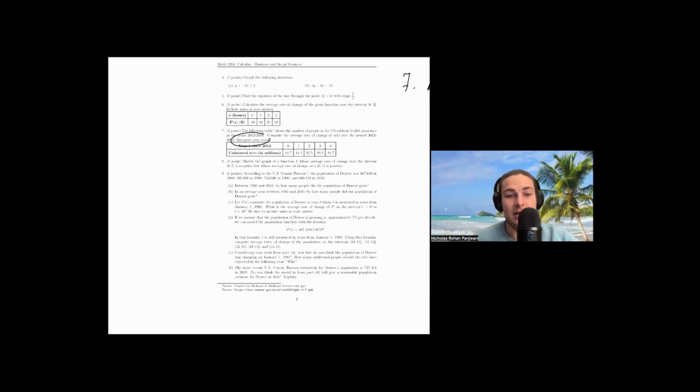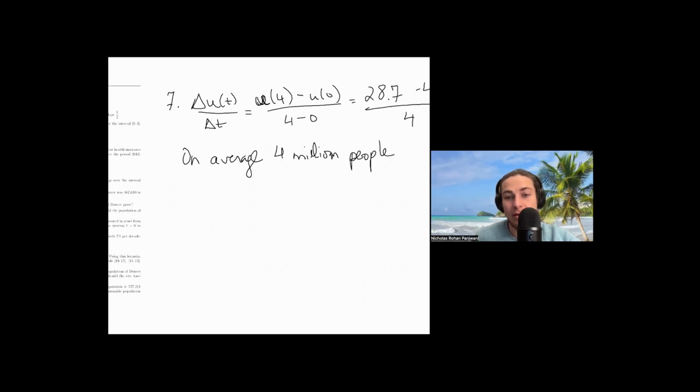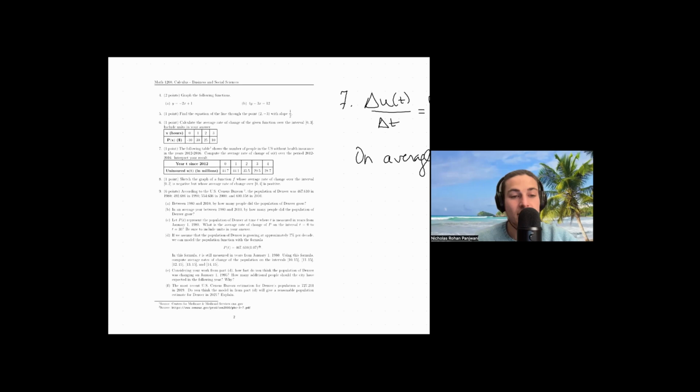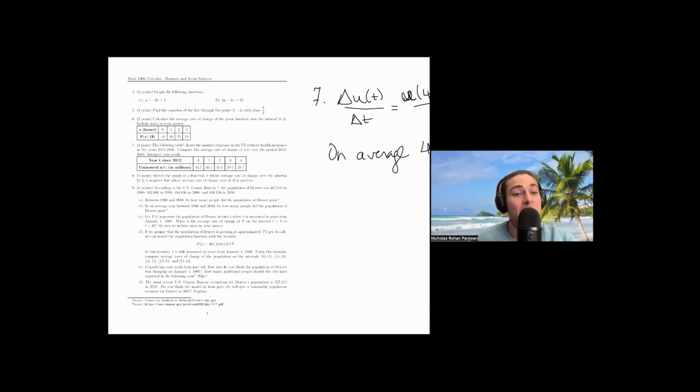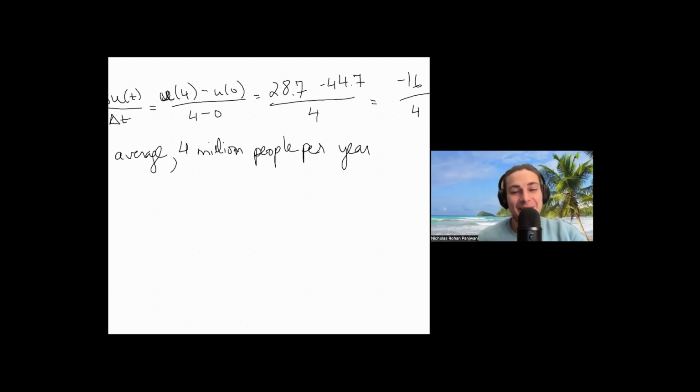And they say interpret your results. What does that mean? That's really talking about units and also reinterpreting it in the context of the question. So that means on average, it's the average rate of change. On average, 4 million people per year. This is the number of people without health insurance. On average, 4 million people per year. Let's say 4 million more. No, let's call it fewer. 4 million fewer people per year